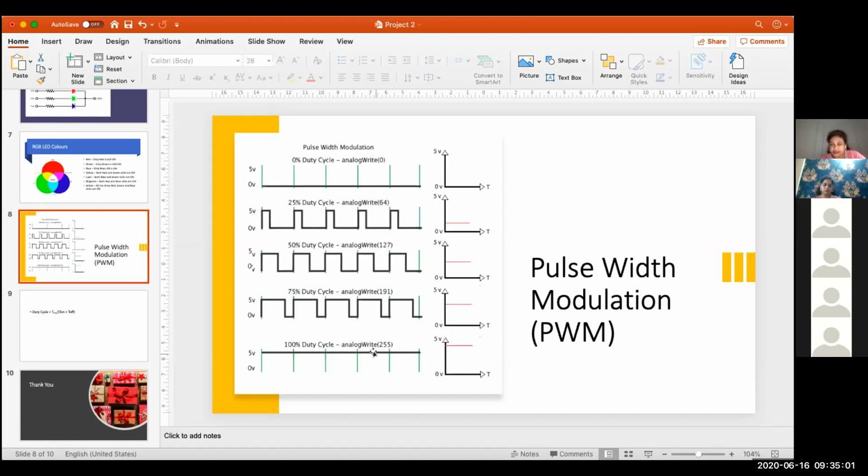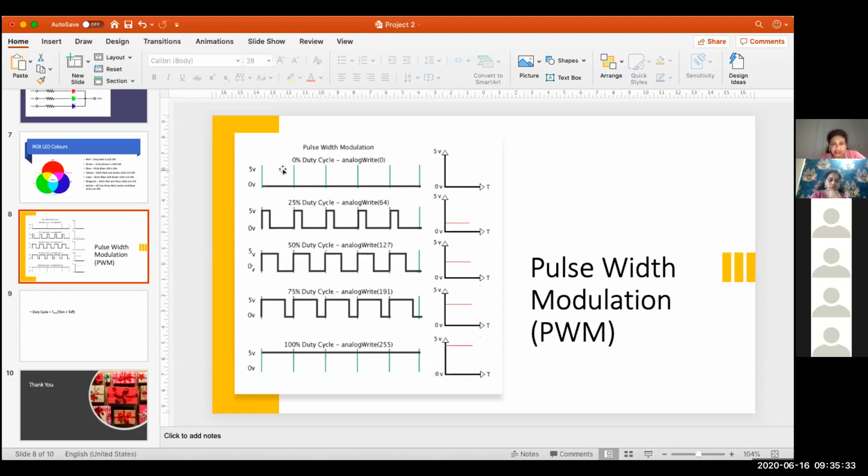Okay. So by changing the duty cycle, basically, I'm varying these values. I go from 0 to 255. And when we go from 0 to 255, basically we are producing a variable voltage on those PWM pins. So by varying those voltage, we can change the brightness of the LEDs, which will be connected to those PWM pins. Did we get it? Ma'am, please repeat once again, ma'am.